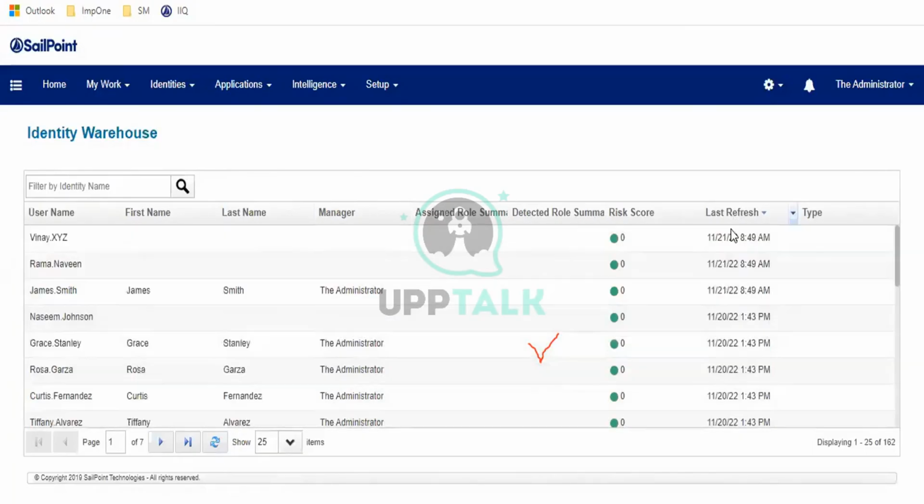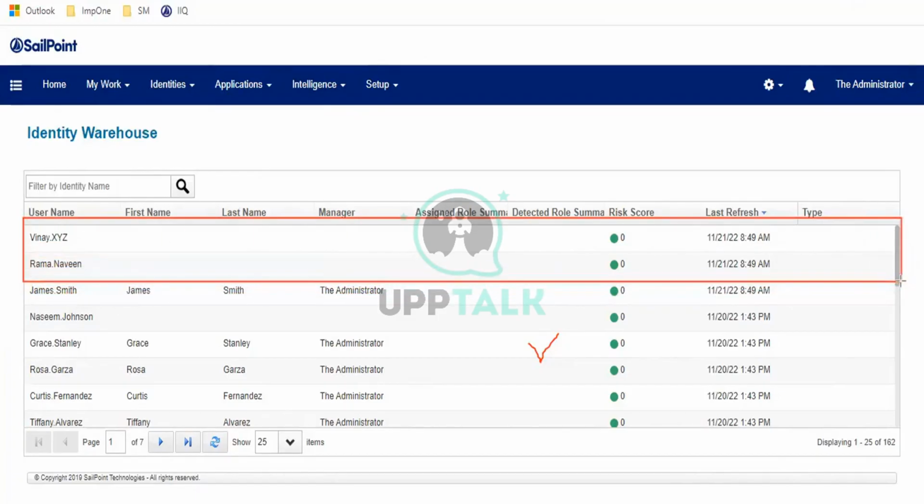Rakesh, what connector did you use here, since I know the data has been stored in the actual sheet? Excel form is CSV, comma separated values. I can use the delimited file connector. Delimited was the connector, exactly right. I have created 2 identities, you can check here. Vinay and Rama I have created. Does it make sense? Both identities have been created.